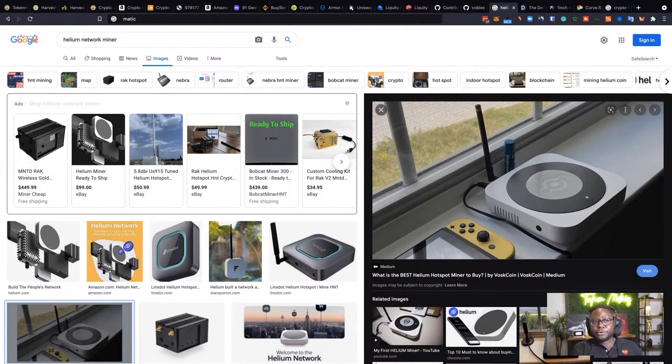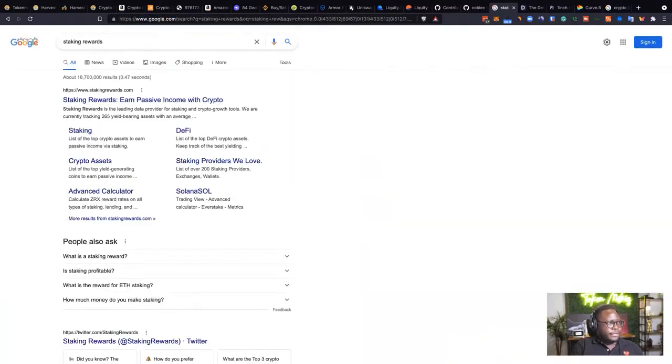Ideally, anything you're holding in your portfolio for the long term, you want to earn extra yield on it. So go through your portfolio, whatever you have. If there's staking available, stake it to earn extra yield. If there's yield farming available, yield farm it as well to earn extra yield. So a good platform is Staking Rewards. If you go here, stakingrewards.com,